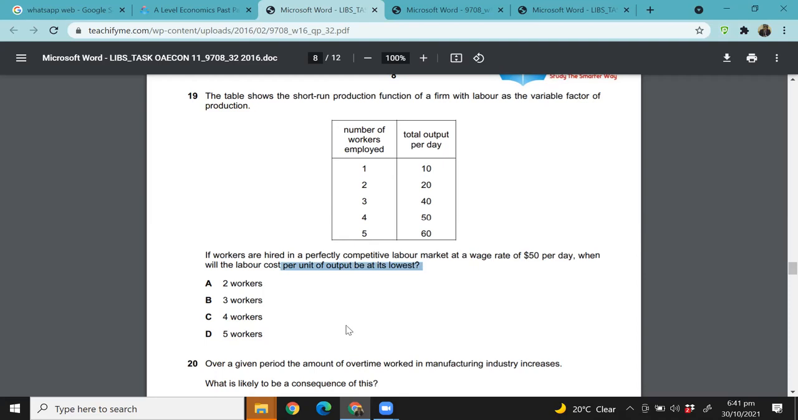So do you know how to calculate this? You just need to divide the total cost of labor by the total output to find when the labor cost per unit of output is the lowest. First of all, you have to calculate the total labor cost, and then you have to divide that by the number of output being produced, and that will give you the labor cost per unit, right? So what I basically mean here is, have a look at this. If you hire one person,